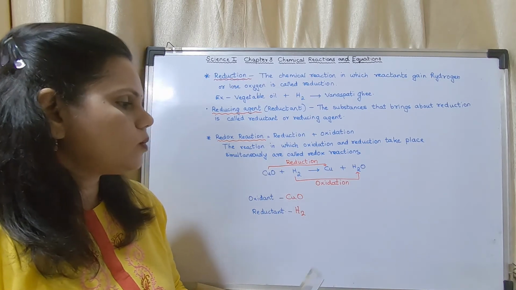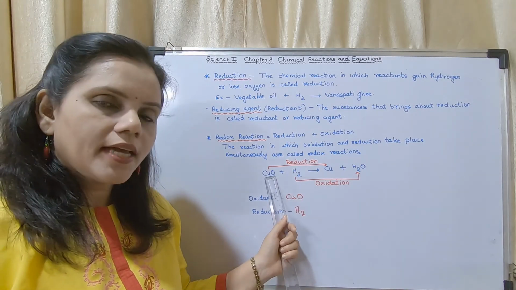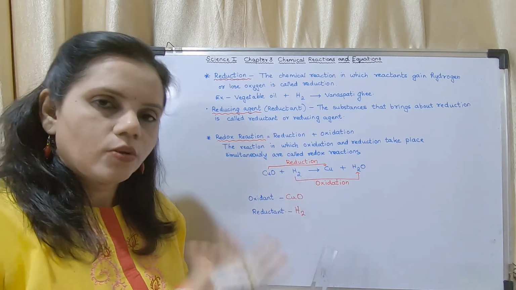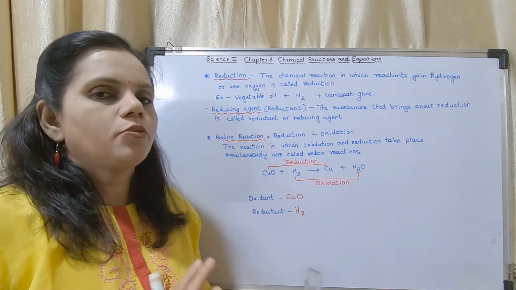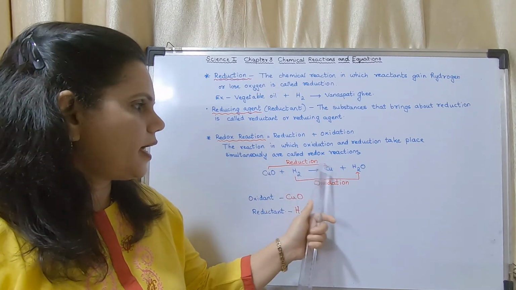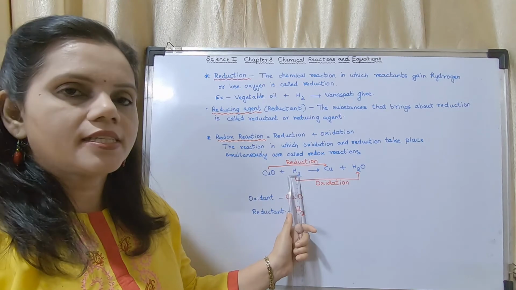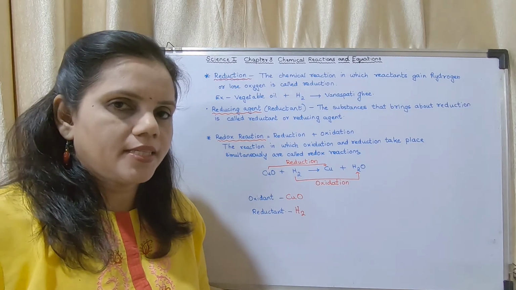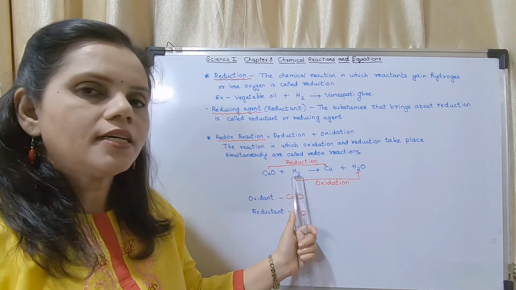So how will you know which one is oxidant and which one is reductant? You have to see the reactant which gives oxygen will be the oxidant, and the reactant which gains oxygen will be the reductant. Otherwise, if you are getting confused, you may just remember: which one is reduction? This is reduction. The arrow from where it starts, that will be the oxidant. Oxidation, the arrow from where it starts, it will be the reductant. Okay, you may remember like this, it might become easier. So CuO is the oxidant and H2 is the reductant.